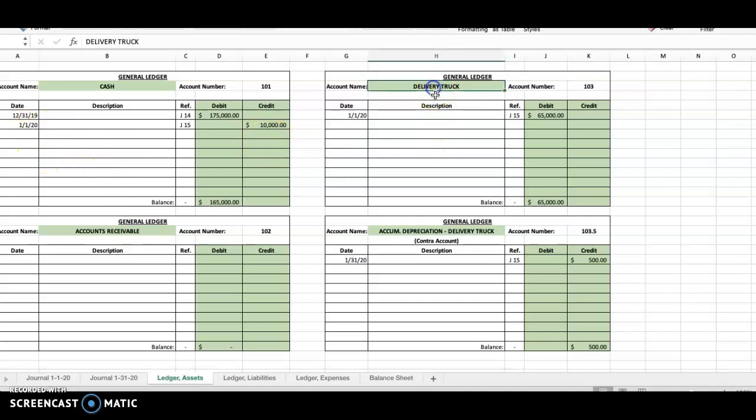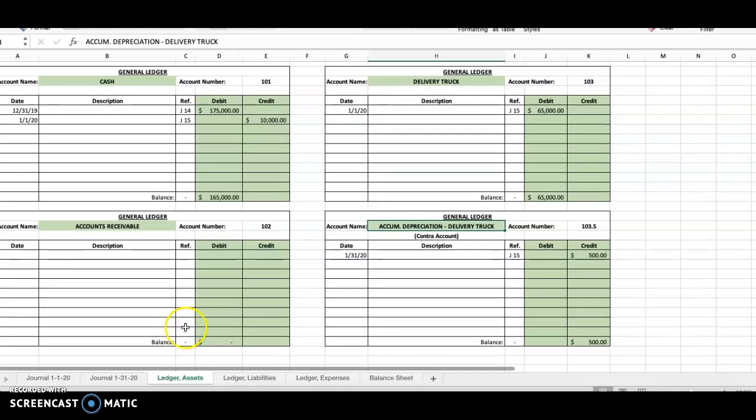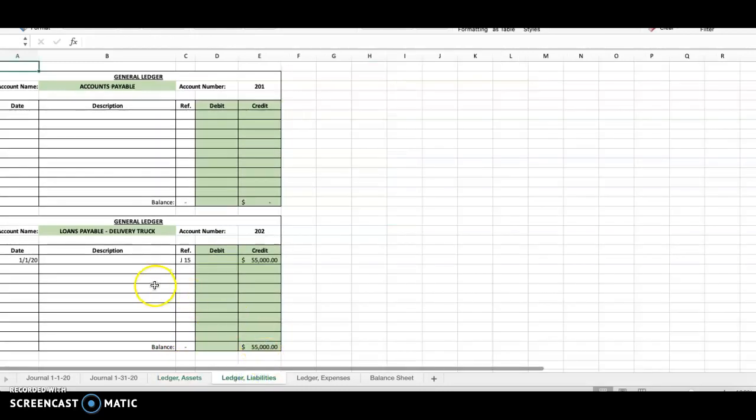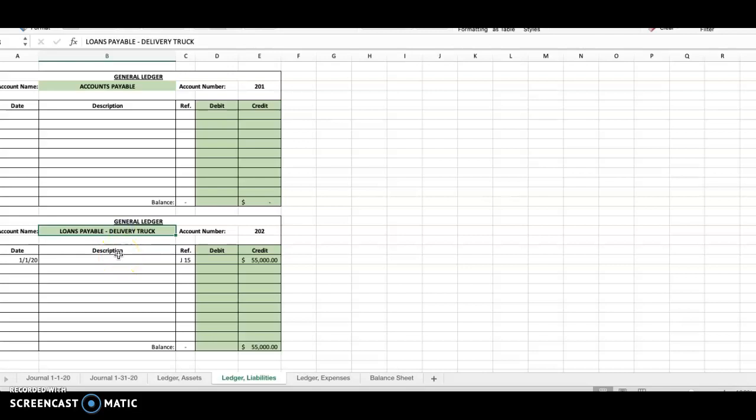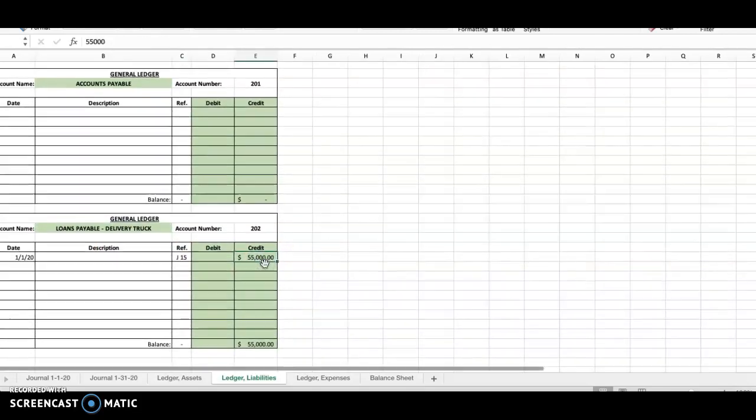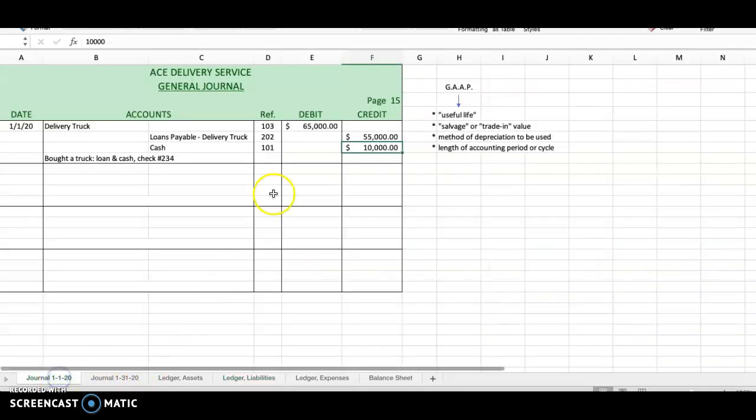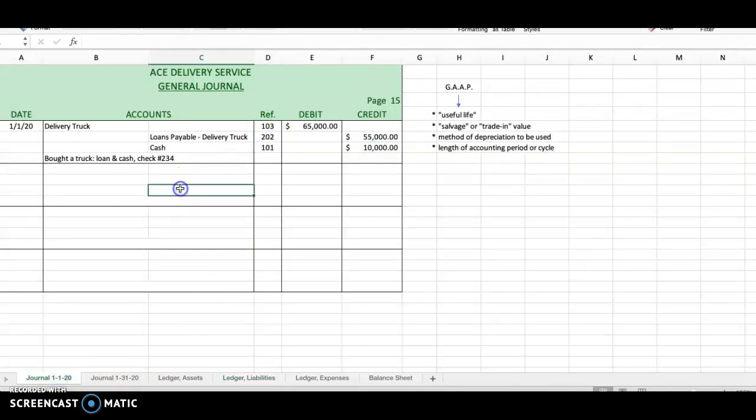We see delivery truck. The asset is debited by $65,000, and we see cash is credited because that was a down payment. We spent $10,000 in cash. That's why it's credited. You also see a new account here that we'll come back to in a few minutes. But let's let that set for just a few minutes and look at what happens with the loan that we took out for a truck. We had to credit loans payable for $55,000. And we posted that, put the account numbers back into our journal,